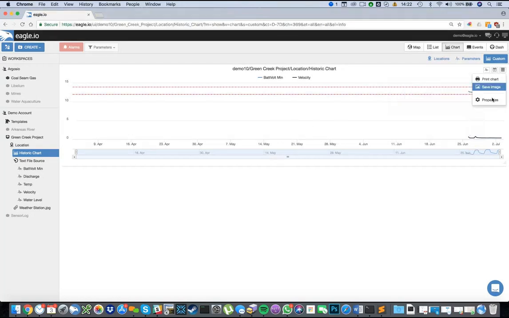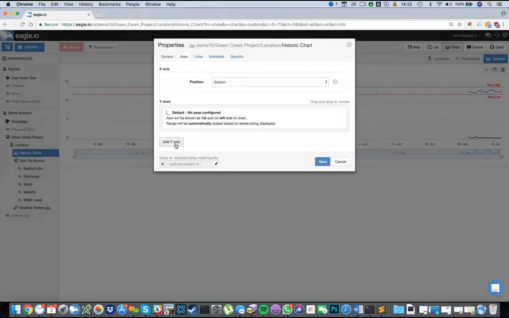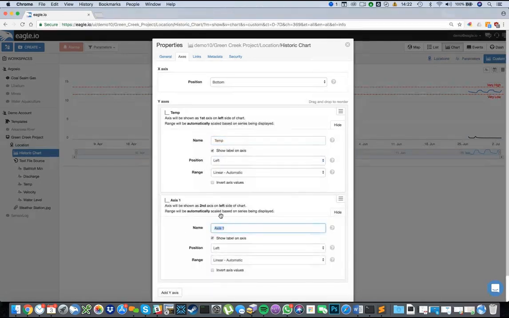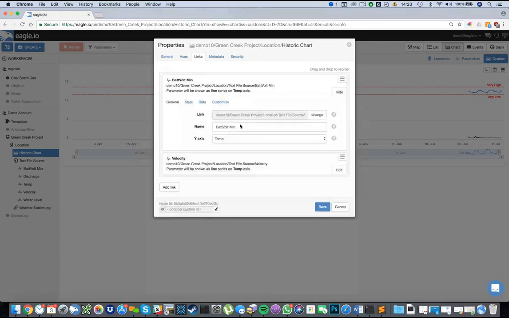But what we can do is go into the properties of that custom chart, go to axes, and I want to add one, and we'll call this one temperature. I want that positioned on the left-hand side, and then I can add one for velocity, and I want that positioned on the right-hand side. Okay, and under our links, we need to ensure that our battery voltage sensor is aligned with our